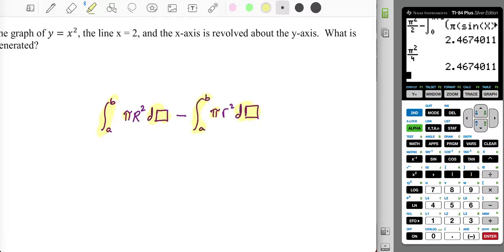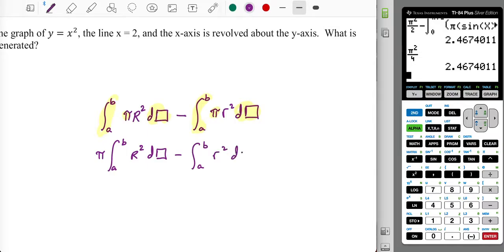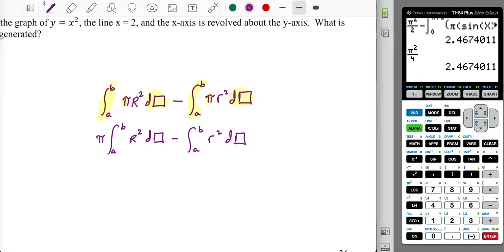All right. So the only thing that's actually going to vary from one to the other is going to be the radius. So I could factor out a pi from the whole thing. So we'd be looking at over a to b an r squared d something minus integral over a to b r squared d something. All right, but since it's the same set of bounds and the same variable of integration, this is the reverse of the sum difference rule for integration,